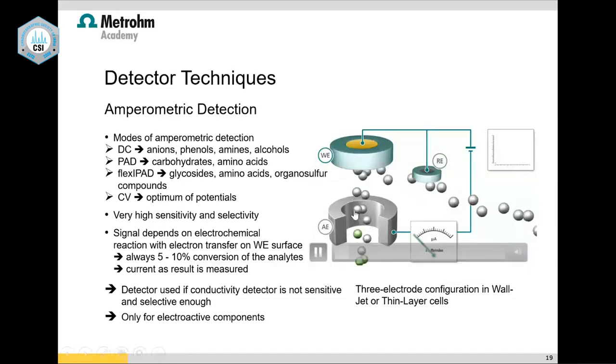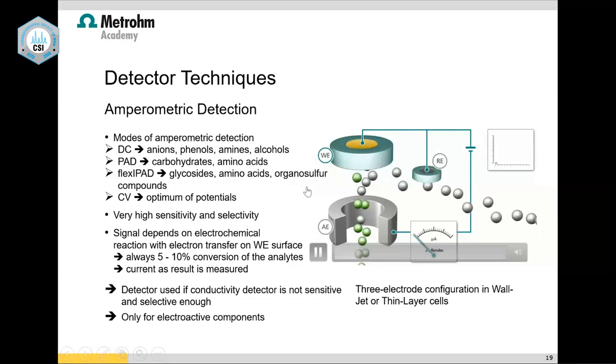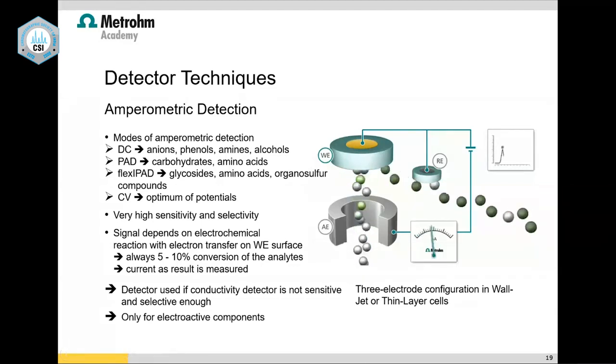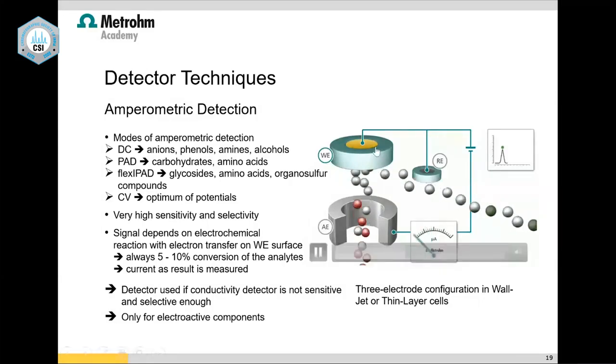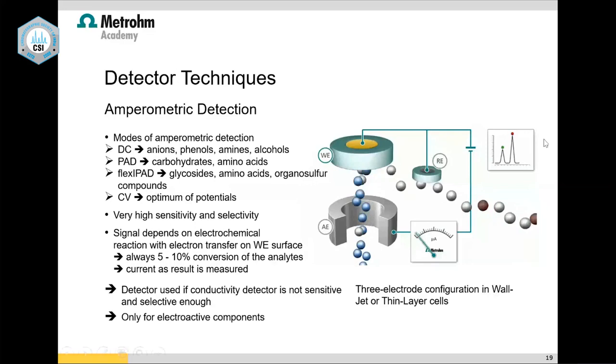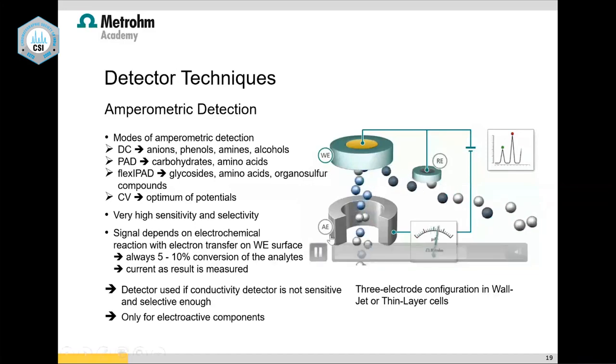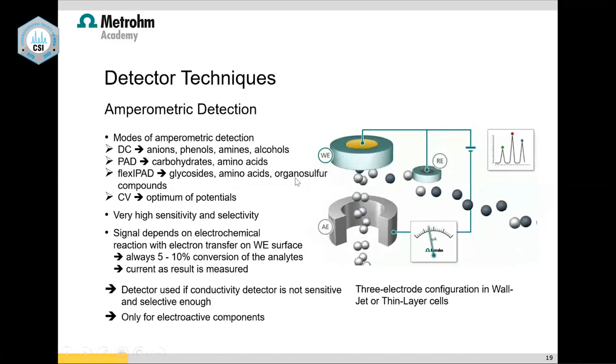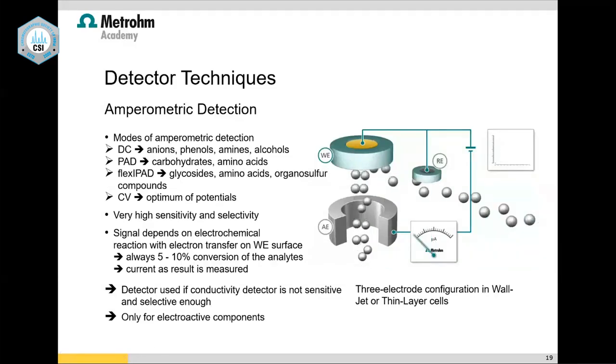What happens here is we apply a voltage on the working electrode with respect to the reference electrode. When we apply it, reduction or oxidation happens, and that reduction or oxidation current is measured across the working electrode and the auxiliary electrode. This auxiliary electrode is stainless steel. Again, it is inert, but it is used to measure the current. This current is proportional to the analyte present in your sample. We do the sample as well as the standard in the same way, so we are able to do this analysis.